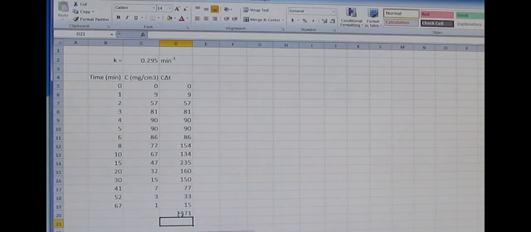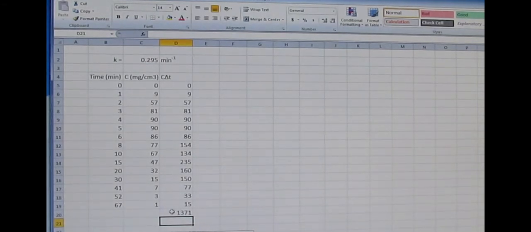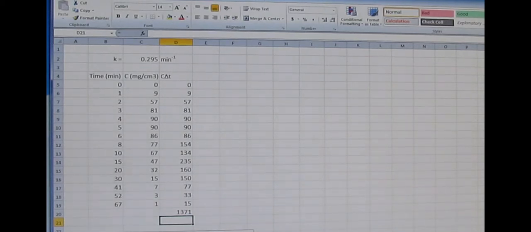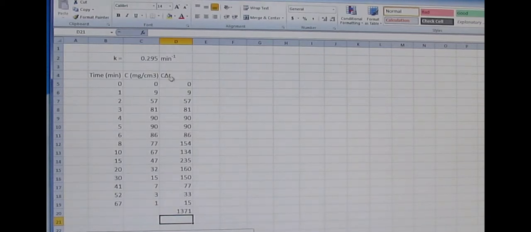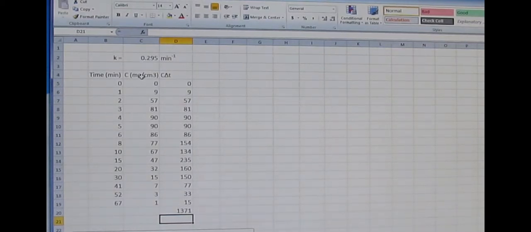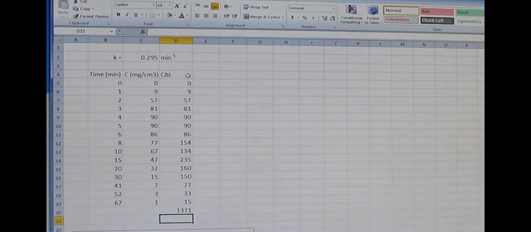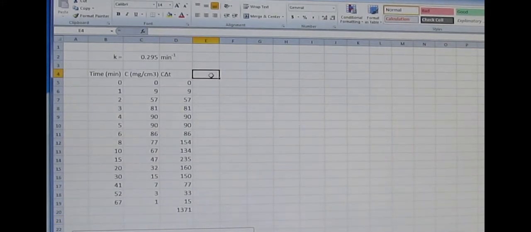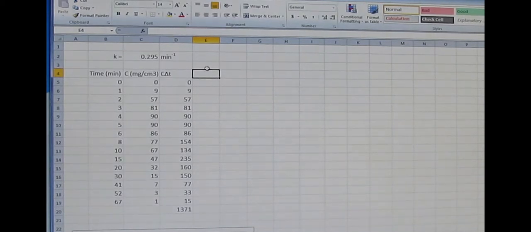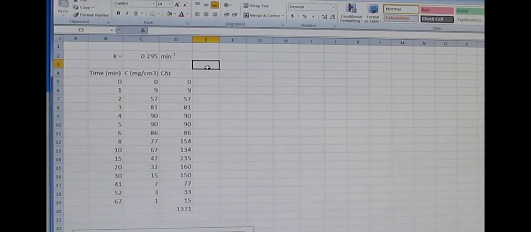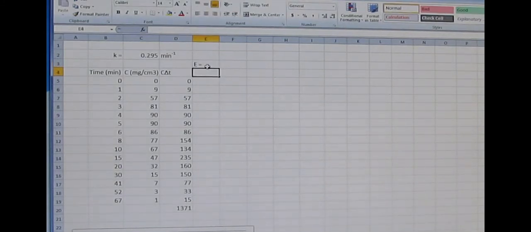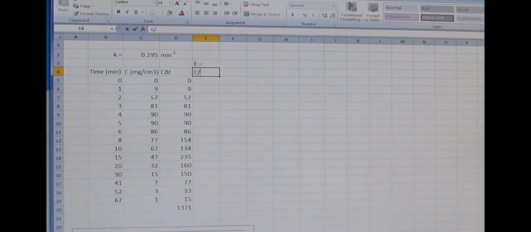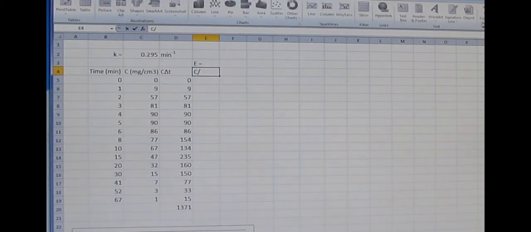So now this gives us our area under the curve, which doesn't tell us a whole lot. This doesn't help us solve a whole lot until we're able to get this into a dimensionless form, because at this point we have it in concentration over time, times time. So the next thing that we want to do to get rid of these dimensions is use our E equation. So E equals C divided by,